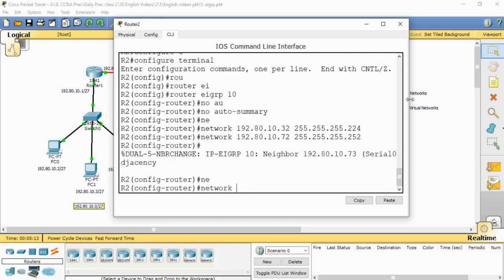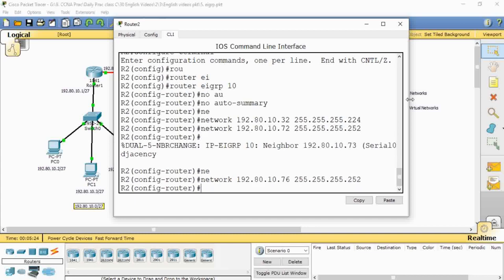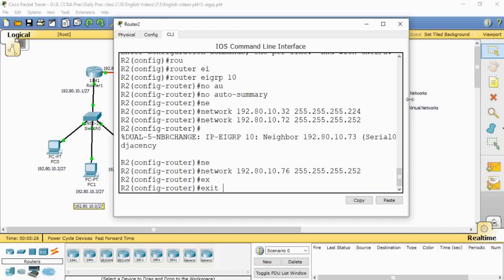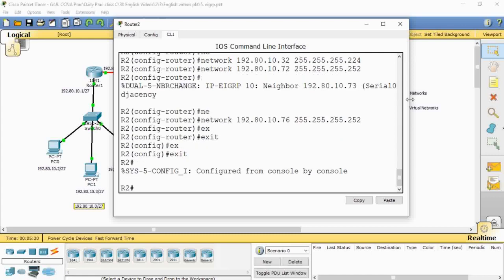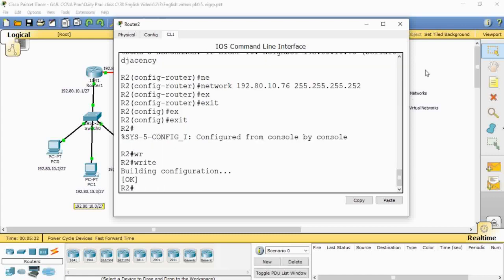Type network 192.80.10.76. The subnet mask is 255.255.255.252. Type exit. Type exit and save it with the write command.